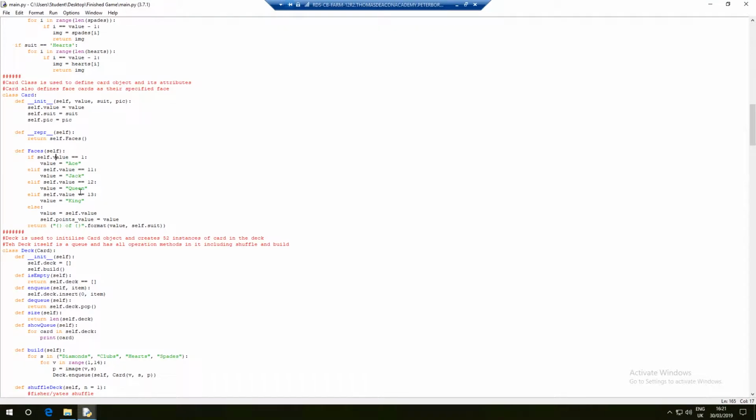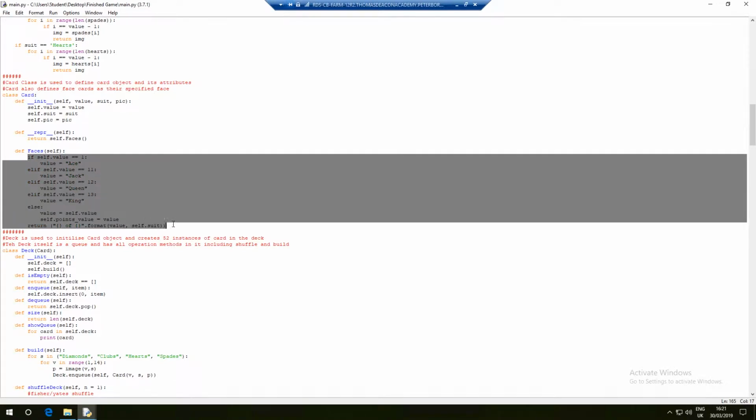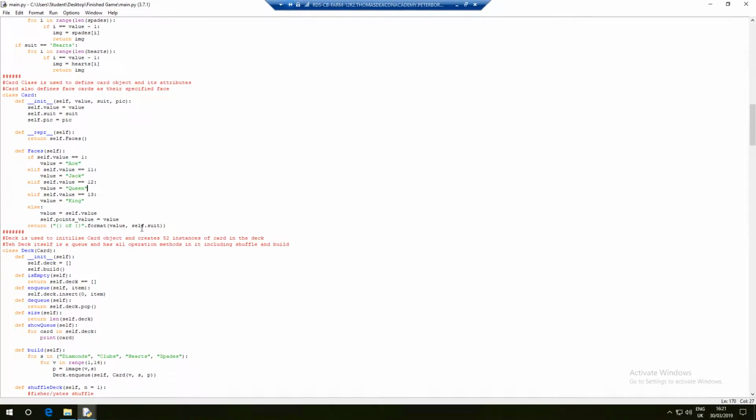Finally, case statements are imperative to ensuring that some of the values are read differently to others. I used case statements, or if and elif statements in the case of Python, so that certain cards match the rules of the game. If the deck was used for a different game, I would use a different set of case statements to do the same thing. Instead, I only need to change the value when it is necessary and reduce the amount of processing and calculations that the program needs to do when calculating scoring, instead of changing the value of every single one for no reason. These are the techniques that I used for my program,